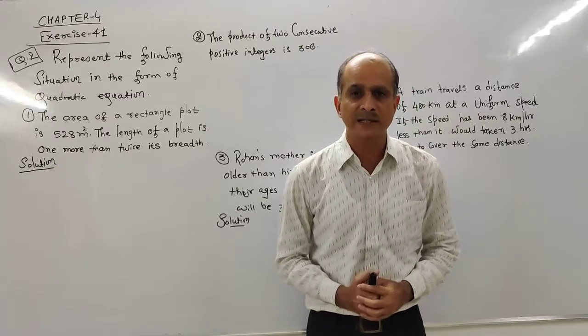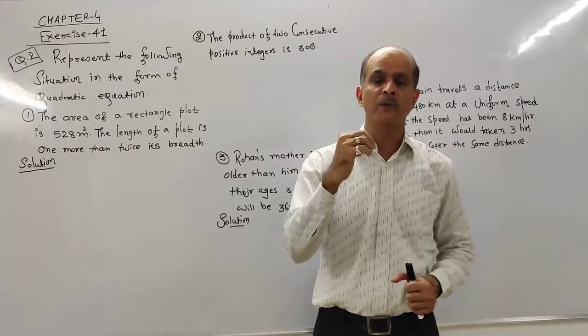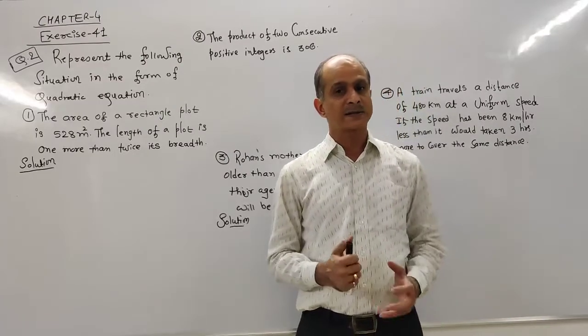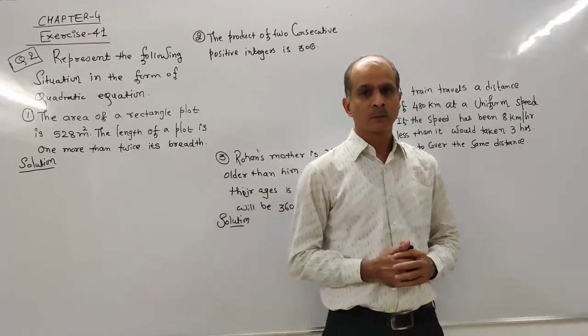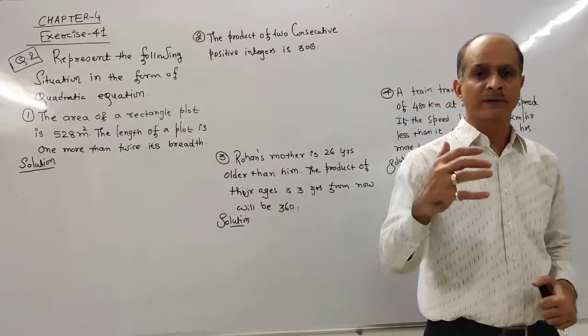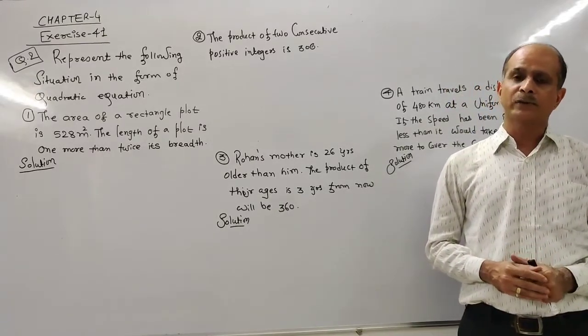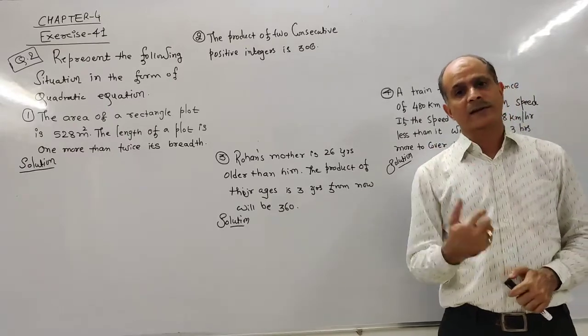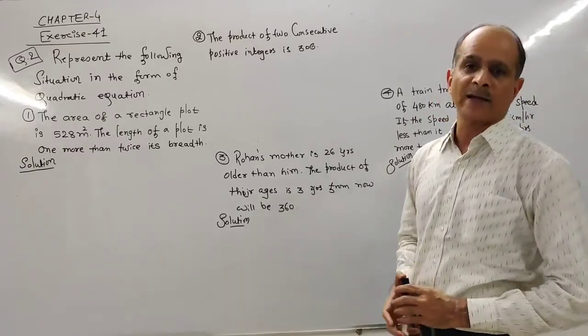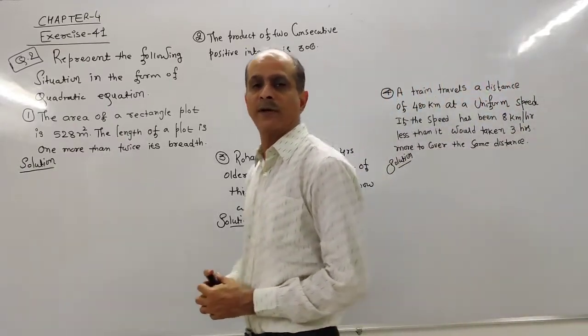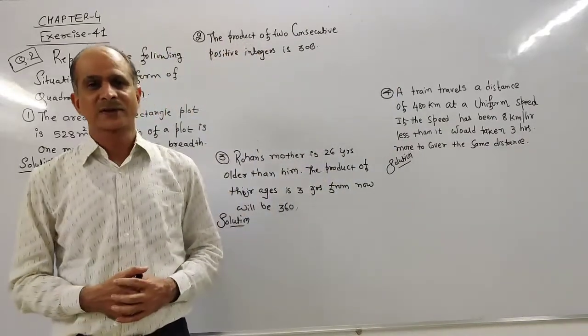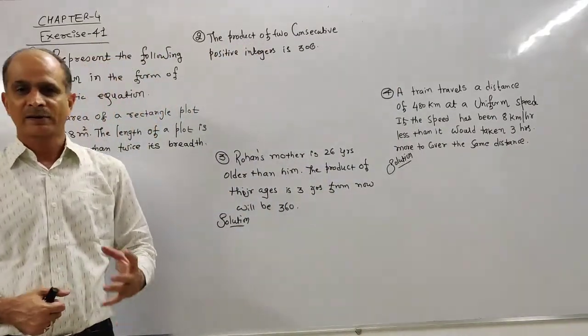Now from this delta you can find the nature of the roots. If delta is less than 0, meaning negative, you can't get a root in real numbers. Similarly, if delta is equal to 0, 2 equal roots are there. And if delta is greater than 0, we get 2 different real roots, either rational or irrational.